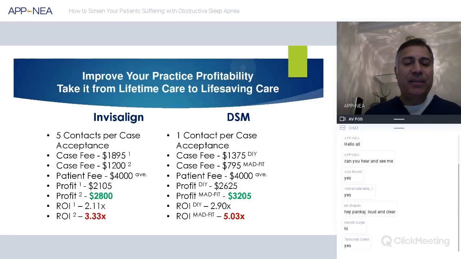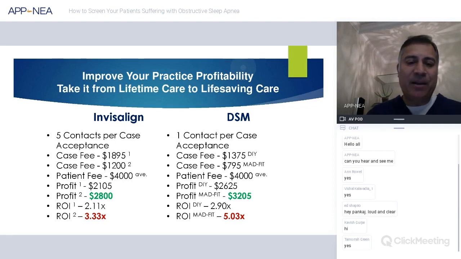And this is just a simple breakdown of not just the importance of oral appliance therapy in improving a patient's life and health, but also in improving a practice's health. If you just compare Invisalign to DSM, everything weighted equally, it takes about 5 contacts per case acceptance. That means you have to really have a conversation with your patients 5 times about Invisalign before they can move forward with it. With oral appliance therapy, it's literally 1, because once you've screened and gone through the process,